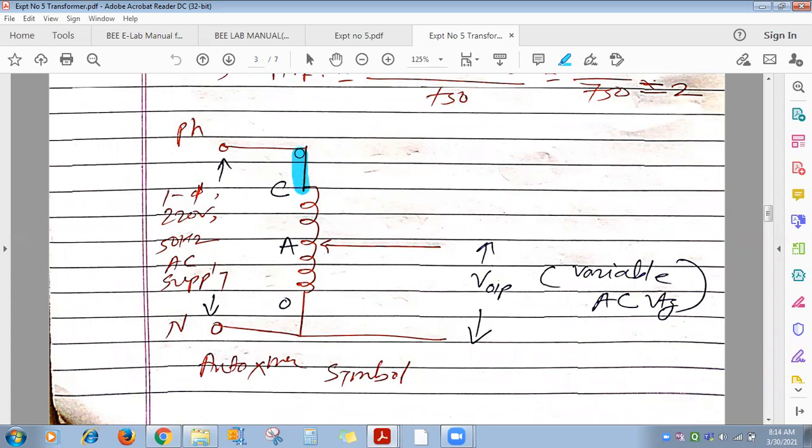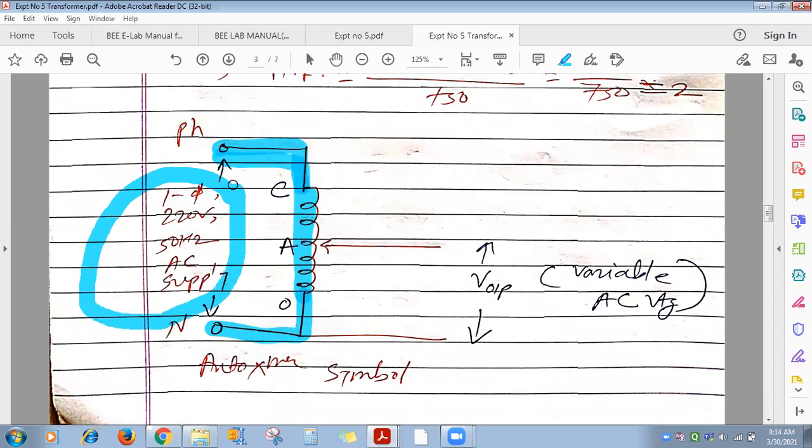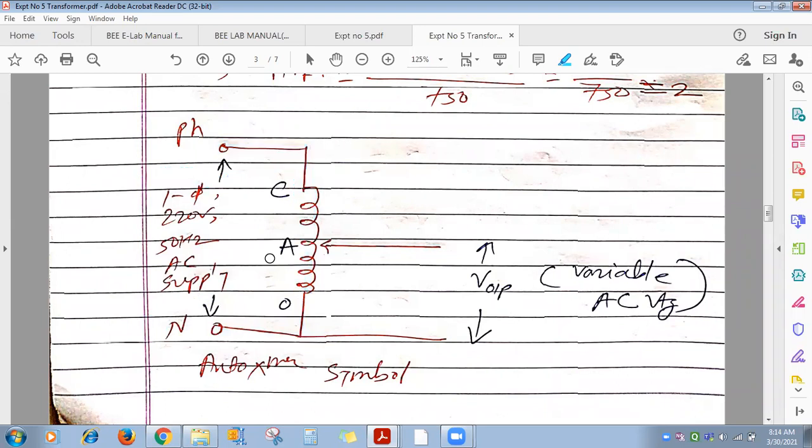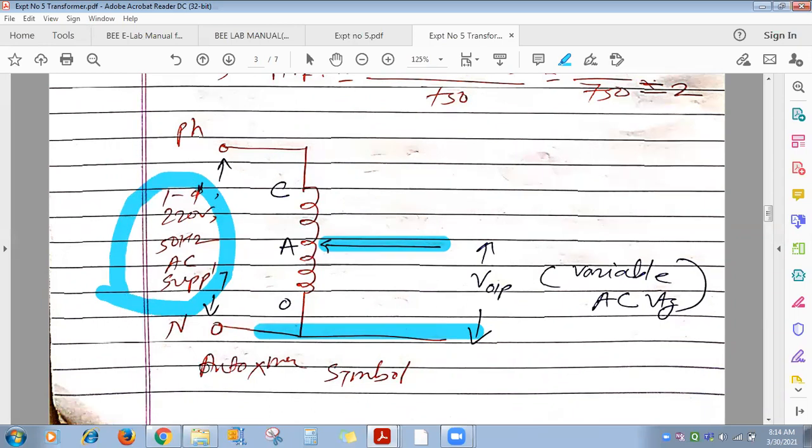Across these 2 input terminals, all turns are there on the primary. So how much voltage do you have to apply? A single phase 220 volt, 50 hertz AC supply you have to apply across it. And the output you can tap from this terminal and one variable point. Practically, the auto transformer has a 3-pin plug that you put in a socket, and you apply this input. On its body, one black colour knob is there that you can rotate.